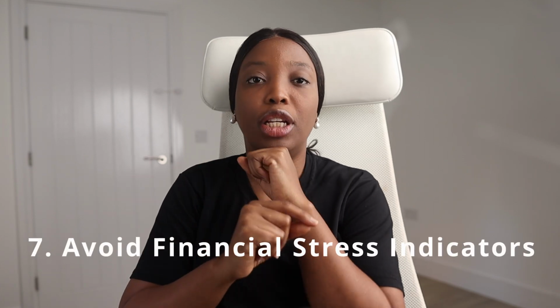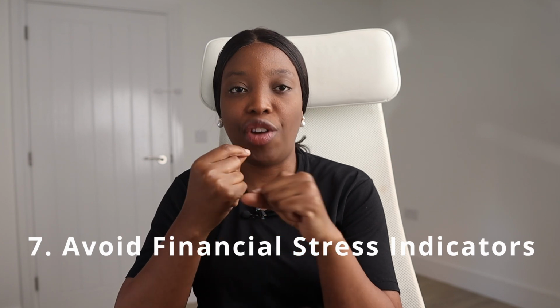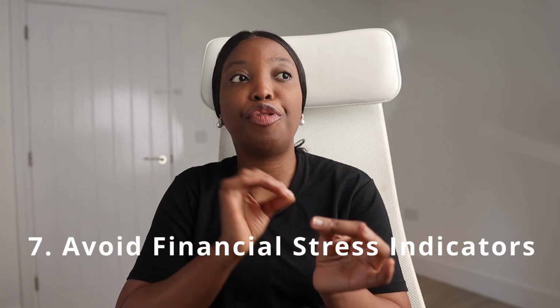Moving on, tip number 7 is to avoid financial stress indicators. For example, if you already have a credit card, consistently keep the balance low, just to demonstrate to lenders that you are not financially stretched or overextended. So aim to use less than 30% of your available credit and pay it off in full monthly, to avoid financial indicators that would suggest this person is stressed financially or has overextended themselves